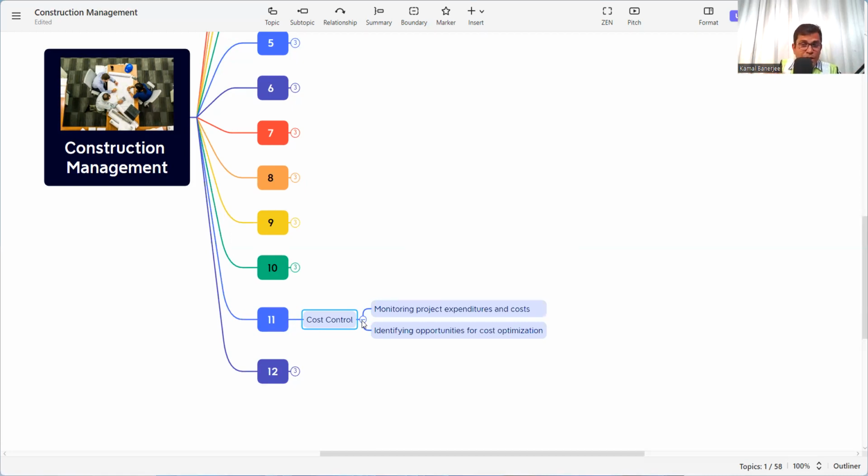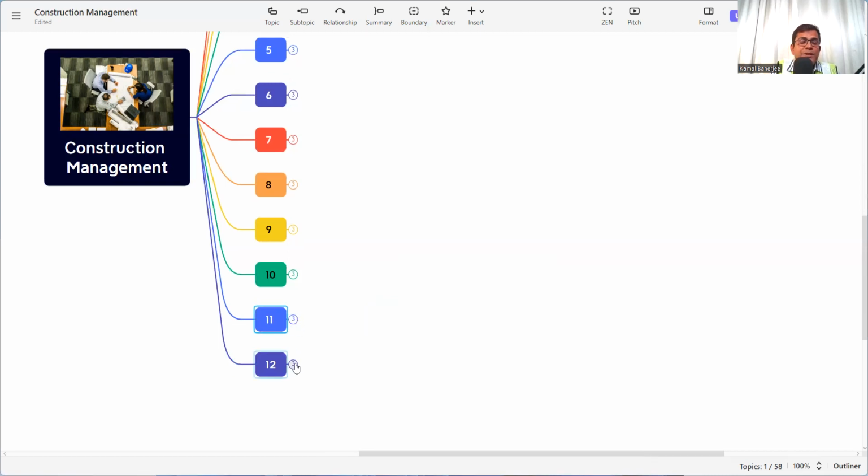And we need to find out whatever possibilities we have in our hand, without harm to the quality or the standard, to minimize the cost. That is cost control. Cost control management is also a part of construction management, and it should be taken care of very carefully, because ultimately it is a cost and it impacts the company's economy and the company's profit. So in order to get the profit, cost control management is very much essential.